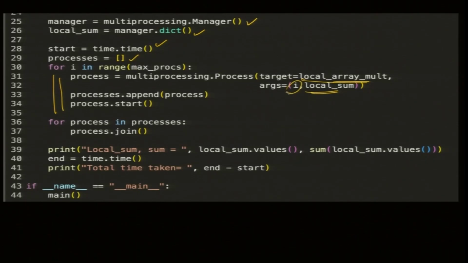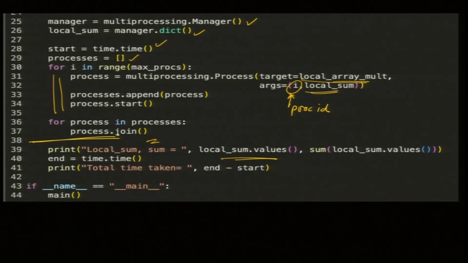I is my process ID. In C++ we use process ID as a variable, but here I is used as an index. Then join, after that I am just printing local sum, and local sum is available now to P 0.